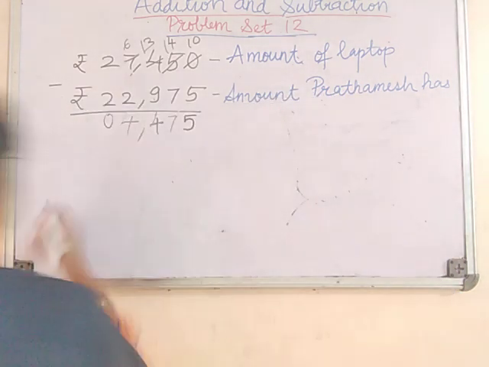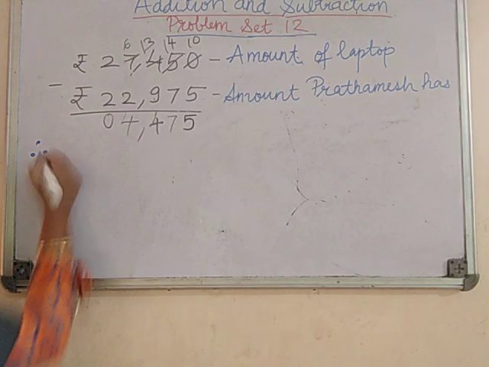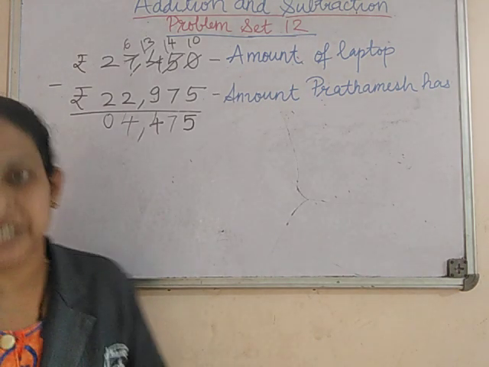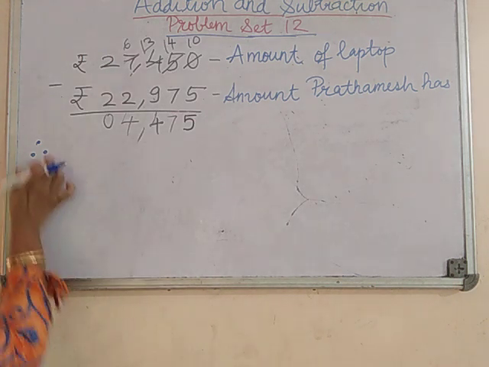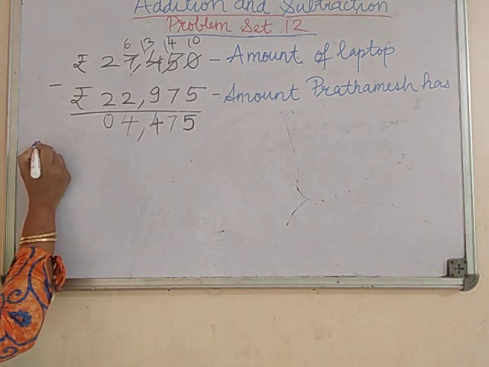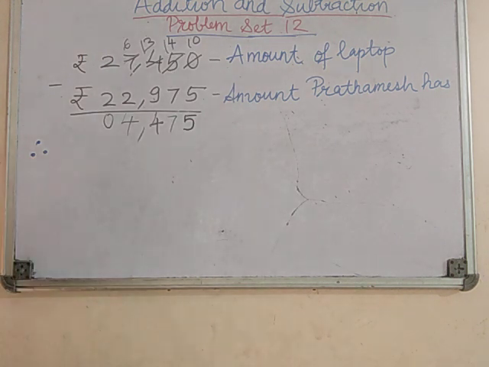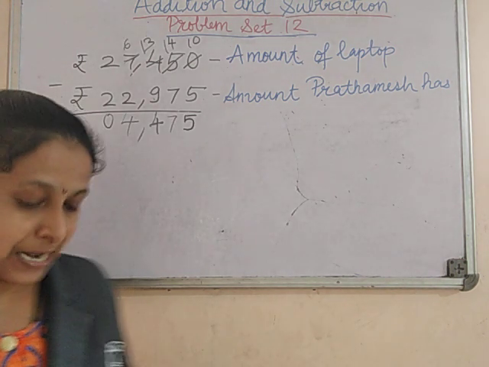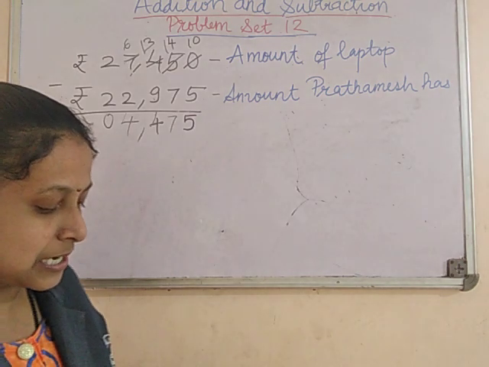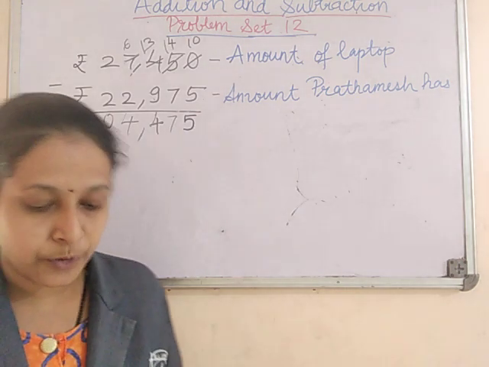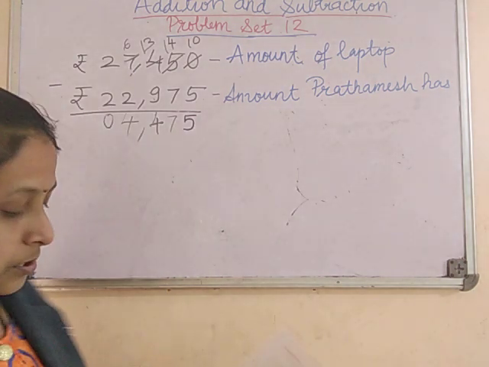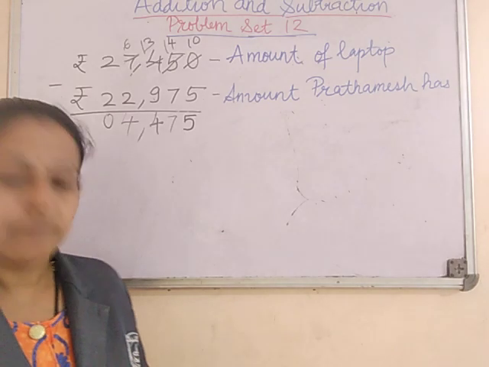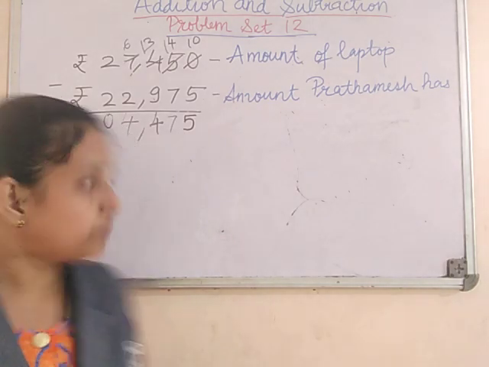And what statement it is will depend upon how the question is asked. Whenever we are writing a statement, you have to put this therefore sign. So let us write the statement now according to how the question is asked. Accordingly we have to frame the answer. What is the amount he still needs to be able to buy the laptop? So the amount needed by Prathamesh to buy the laptop is this much.